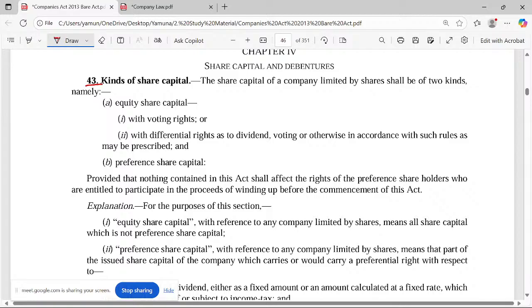Section 43 from the Bare Act. The heading itself is kinds of share capital. It starts: the share capital of a company limited by shares shall be of two kinds. So actually it's classifying the share capital. Namely, A, equity share capital,